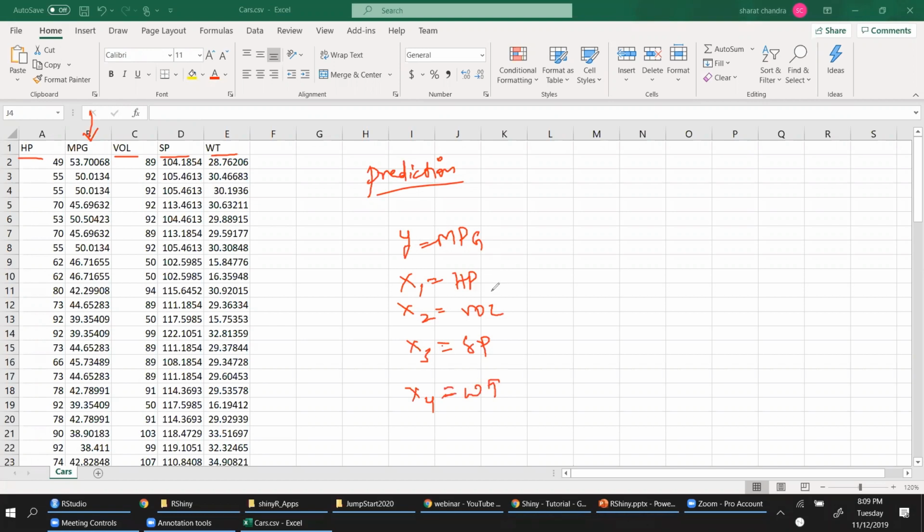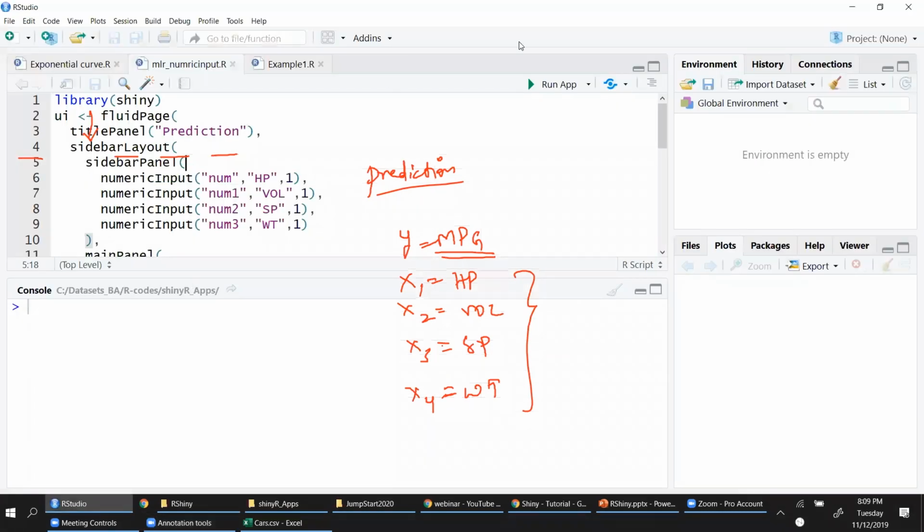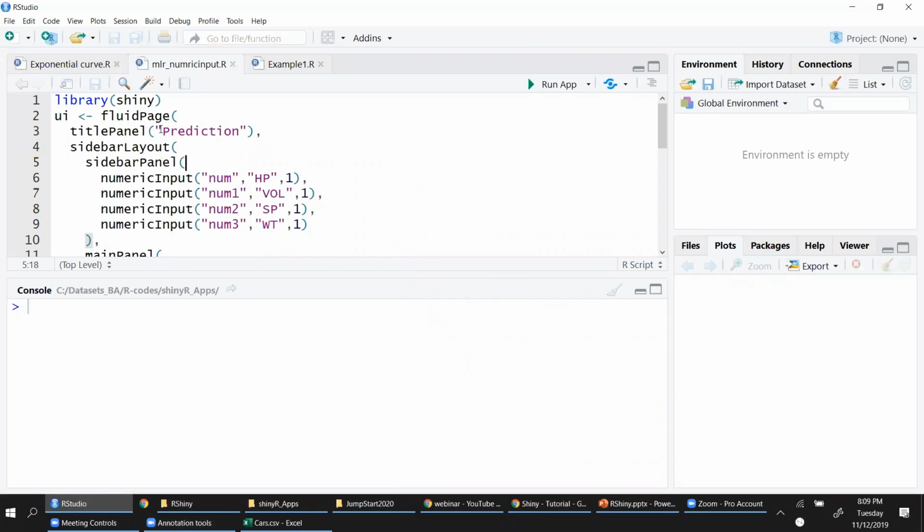Horsepower is talking about engine capacity. Volume is talking about the size of your car. Top speed is the parameter which is talking about how much speed the vehicle can reach. And weight of the vehicle is the last parameter that we are treating here. Given these input features about a car, I need to predict the mileage. And what you are seeing is the historical data. Now using this historical data, we will develop a linear regression application, right? And I'm calling that prediction.